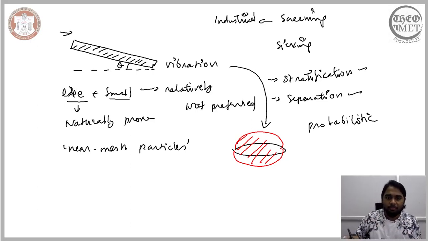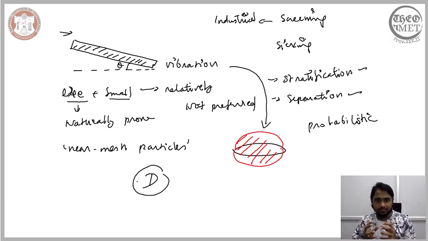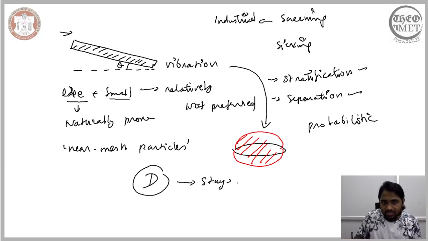Now suppose the screen comprises apertures of constant diameter d. When we say that we have a screen with apertures of constant diameter d, it means that in an ideal world, when the screening process is definitive, all the particles with diameter less than d will be separated from all the particles with size greater than d. When the size is greater than d, the particle stays on the surface of the screen, whereas the particles with size less than d are separated.